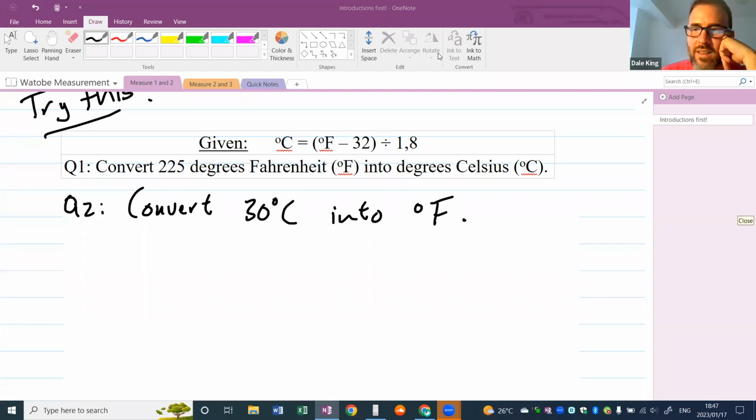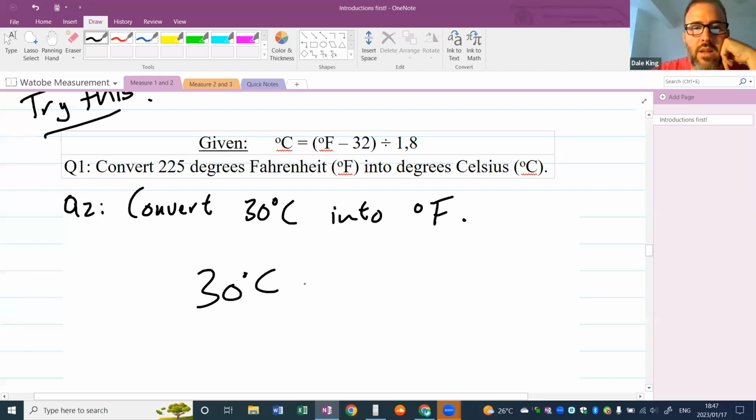You times it by 1,8 and then you bring it by the comma up, by the brackets, then you add it by 32. Very good. You get your answer. Very good. So let's write what Kamo said. So you take your 30 degrees Celsius, okay, and the first thing you do is you times it by 1,8, because they said over here you